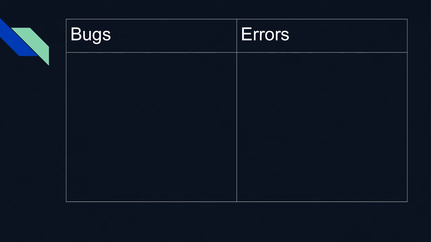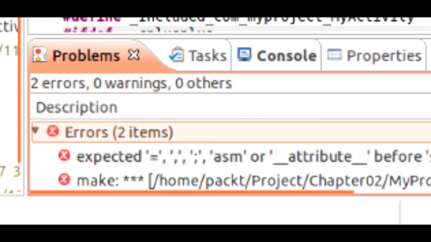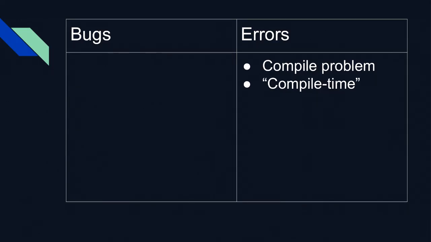Let's start with errors because they're a bit simpler. You write up your code, everything looks good, and you decide to test it. You hit the compile button so you can build the program and download it onto the module, but wait, what the heck? Yeah, that's an error. We call this a compile time issue, as in when you tried to compile the program, it didn't work. Broadly speaking, errors aren't really hard to fix because you find out about them instantly. There's nothing ambiguous about it. There's a problem in the code, on this file, on this line,